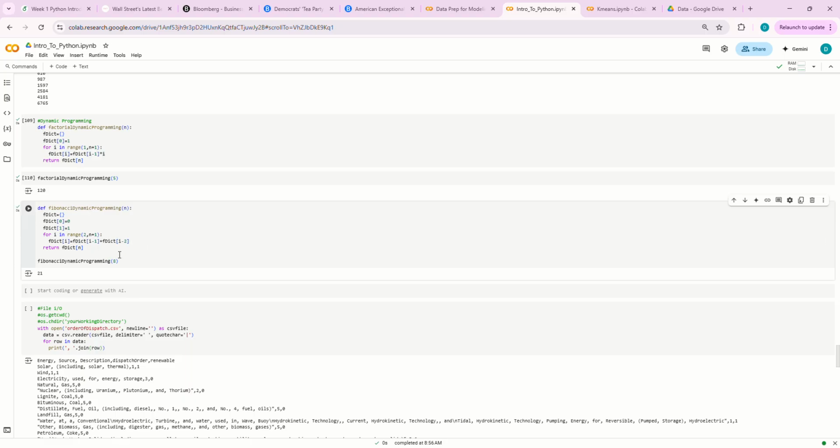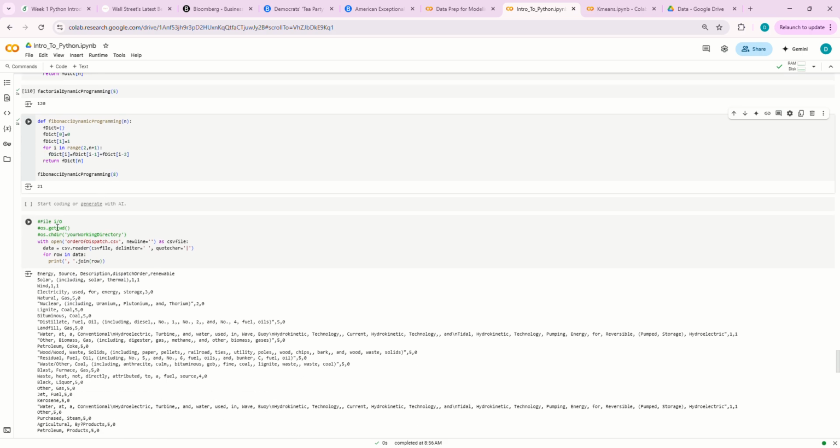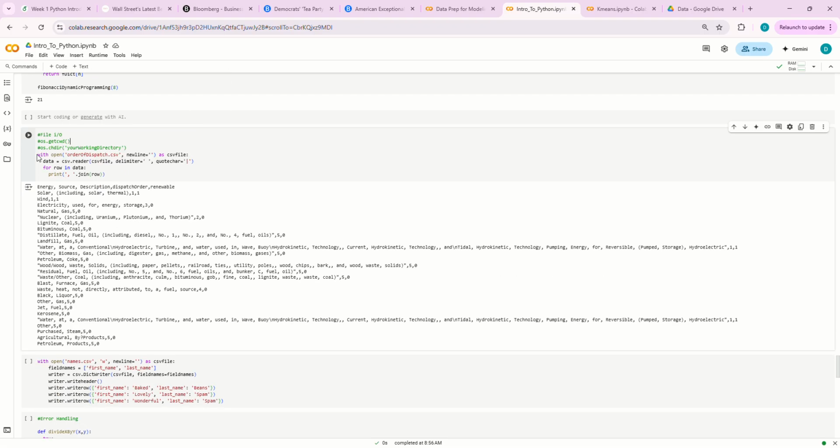So Fibonacci dynamic programming, it's the same thing. It's just now going a lot faster. This is file layout. If we were doing this on our own systems, we would use os.getcwd to get the working directory, and then we'd use os.chdir to change the working directory. Now we used